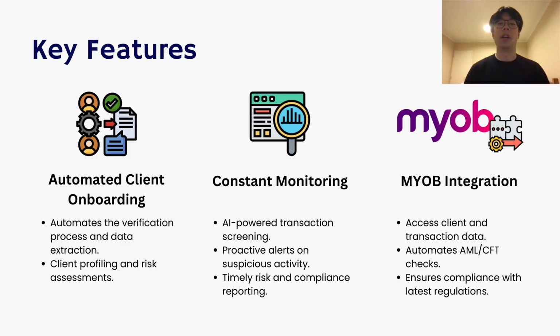To achieve the goal of helping our clients become operationally efficient and automate manual processes, we aim to achieve this through three key steps. Firstly, VeriSafe will help automate the client onboarding process. This will involve using optical character recognition technology to extract information from the client identity documents and testing it against databases to verify its legitimacy. The client information is then profiled and assessed for risk and money laundering possibilities.